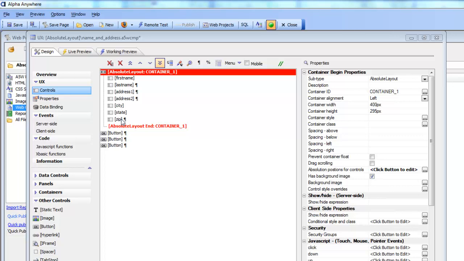Typically it'll be an image, say, of a PDF form, and then use that as the background of your absolute layout container, and then place the controls at precise positions so that they are over the controls shown on the form. So let's go and first just demonstrate using just some simple